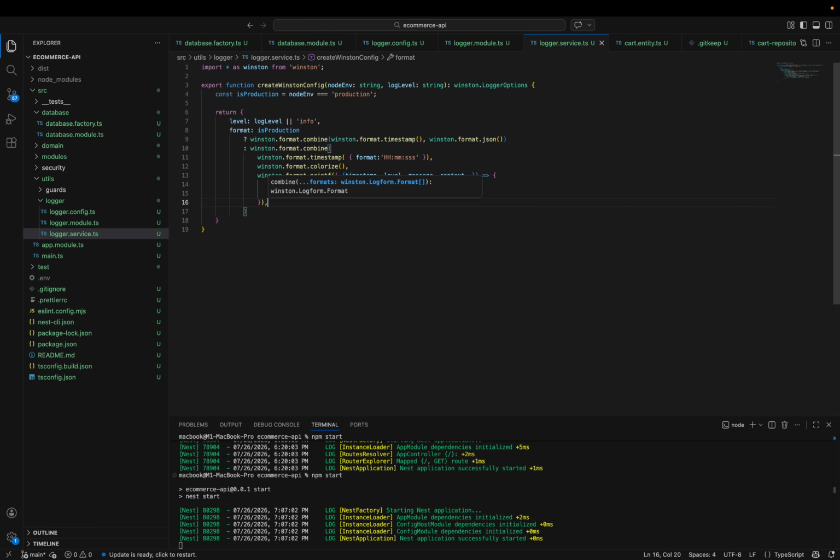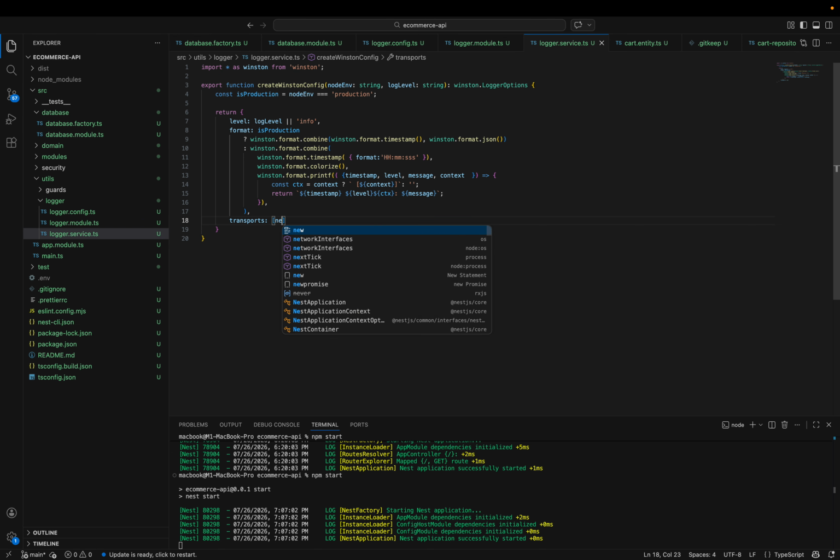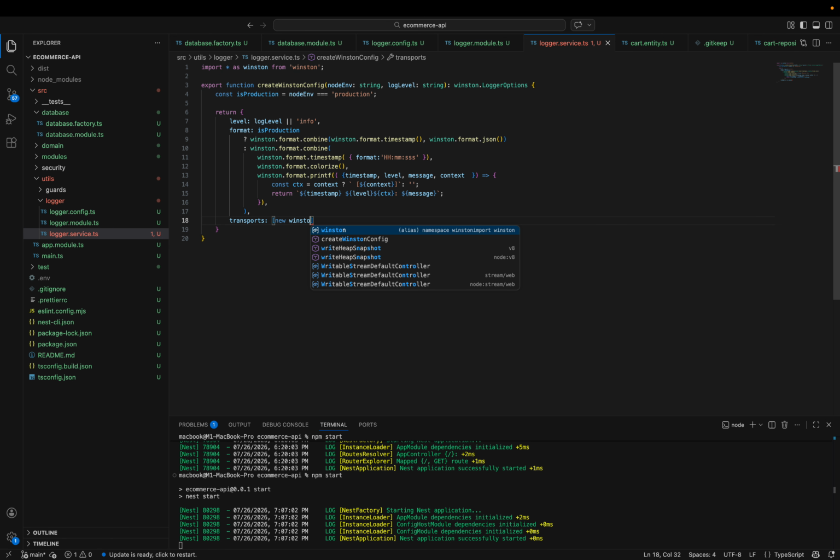So we had a comma here. Then we say transport: the new Winston.transport.Console. Okay, so we now have logger set up